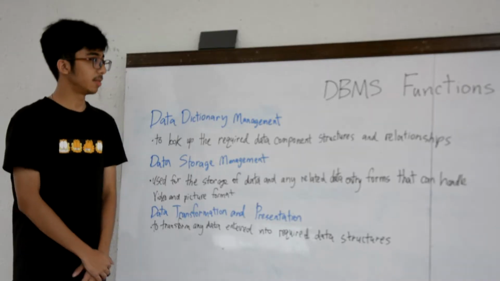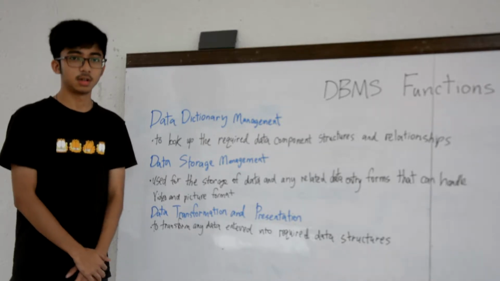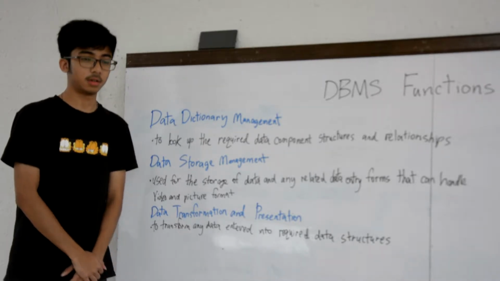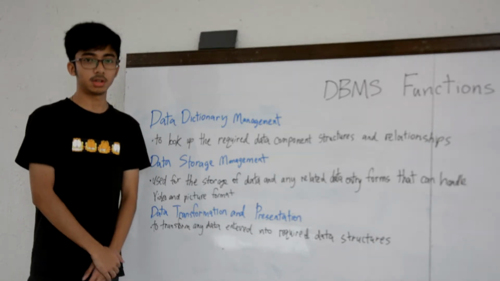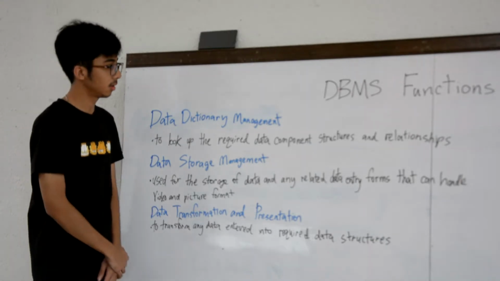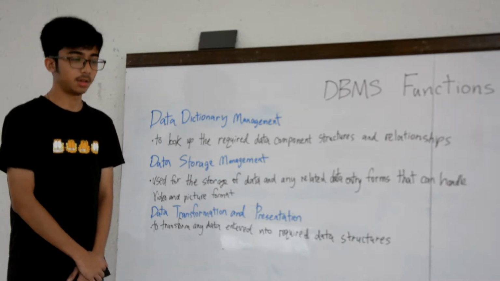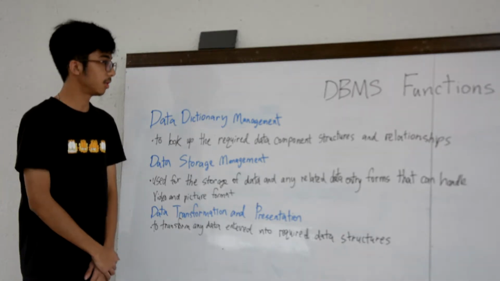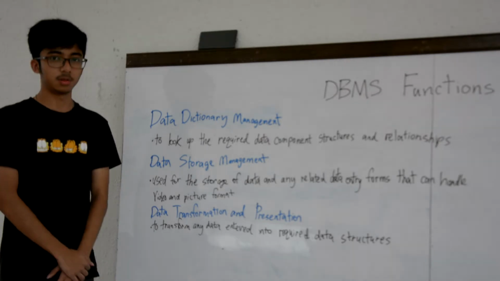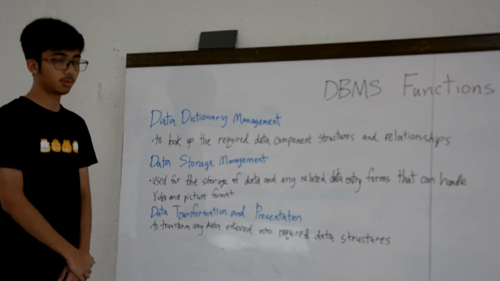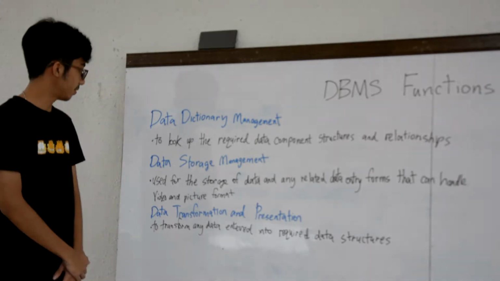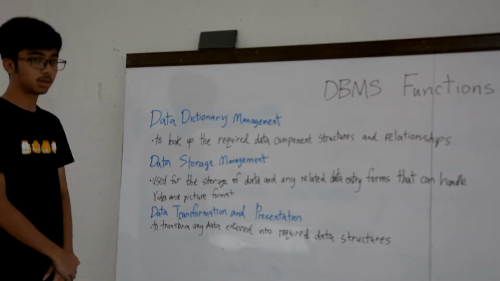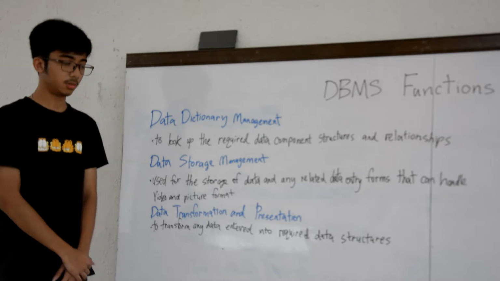So now I'll be talking about the DBMS functions. There are several functions that the DBMS can perform to ensure data integrity and consistency of data in the database. The first function is called data dictionary management, which is a function to look up the required data component, structures, and relationships. The second function is called data storage management, which is a function used for the storage of data